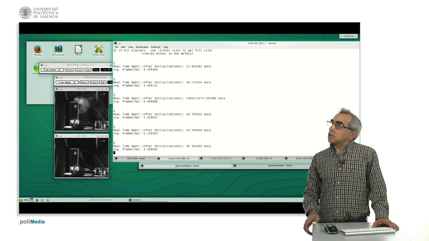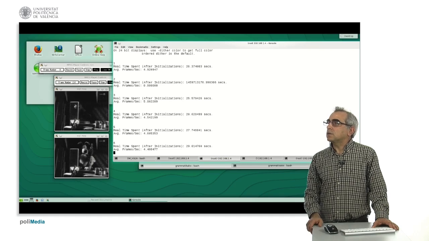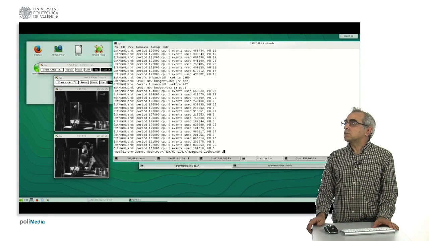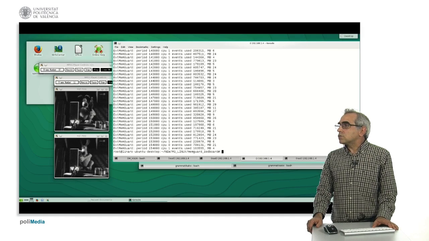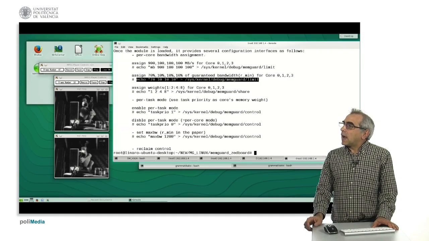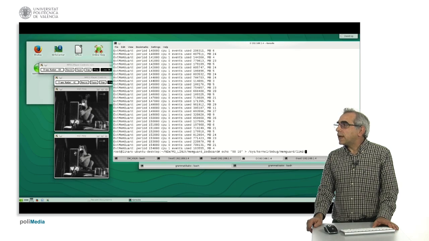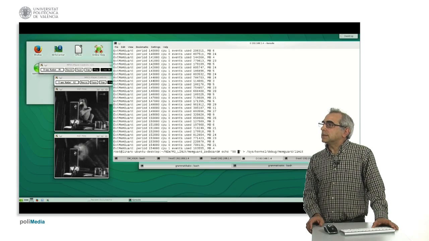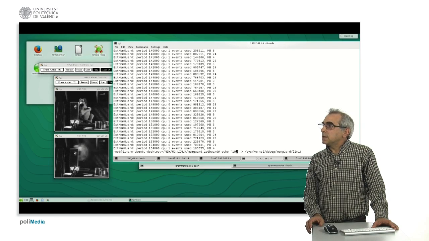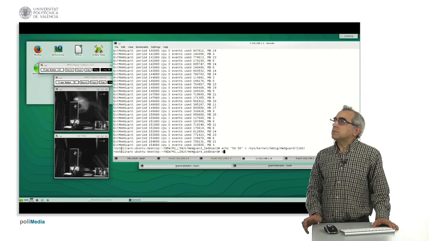Next, we can also monitor at the same time cumulative results from the videos that are running, and we can see that one video is slowed down much more than the other one, which is progressing at the same time on the left screen. We can also do the same experiment by aligning with the same function but with a different setup. So instead of 90 and 10, we can do something like 50-50 or 10 and 90. And in this case, 50 and 50, we will see that the bandwidths are aligned depending on the cache misses that happen